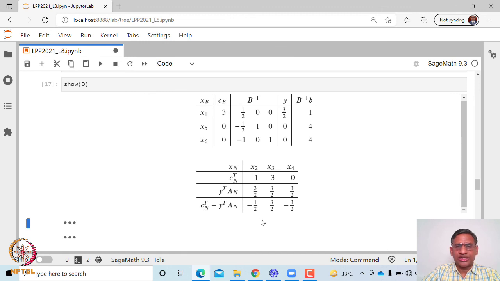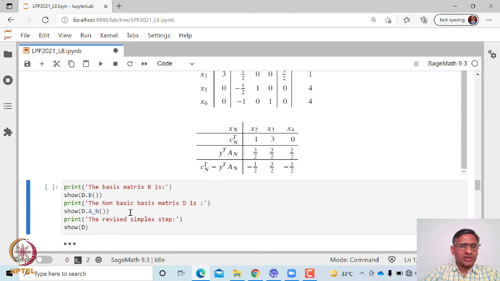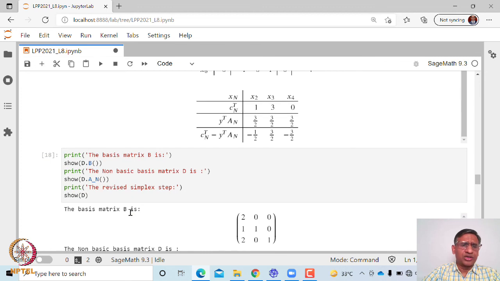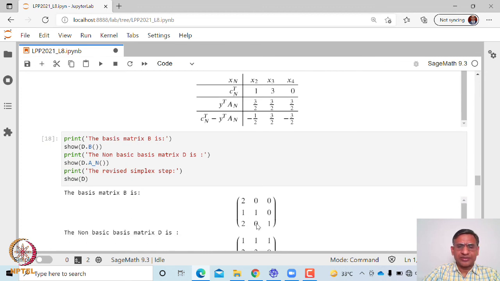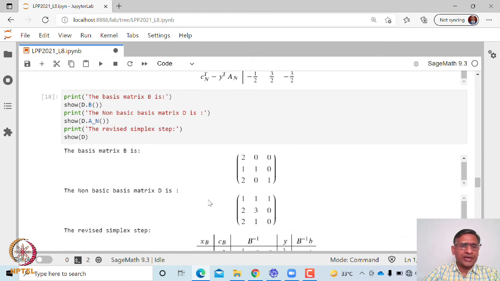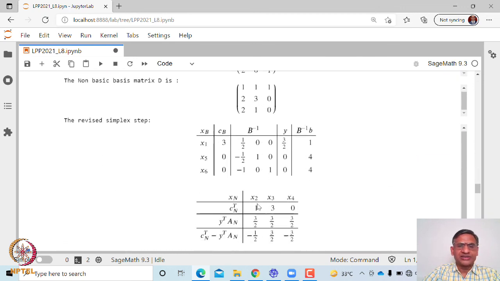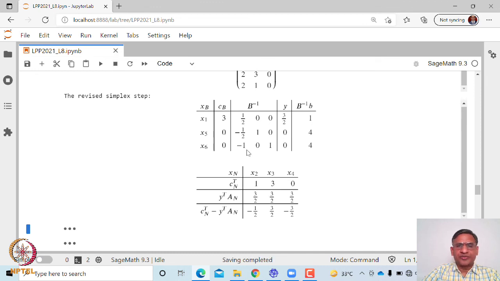This is the reduced cost coefficient. Again you can see here there is one positive entry, therefore this solution is not optimal. But again you can check whether this is optimal. Or you can find out what is the matrix corresponding to the basic variable. That is, since x1 has entered, the first column will enter, and then non-basic, this is the matrix corresponding to the non-basic variable, and this is the revised simplex step that we already have. And as I said, the reduced cost coefficient is positive, therefore we have not reached optimal.